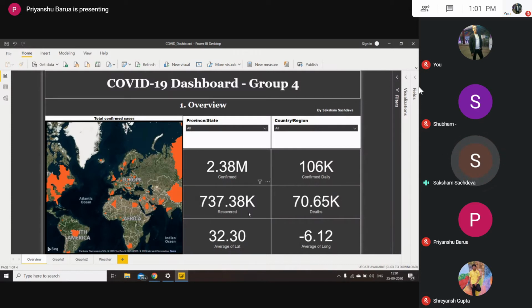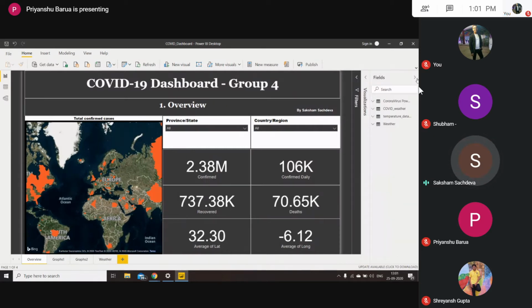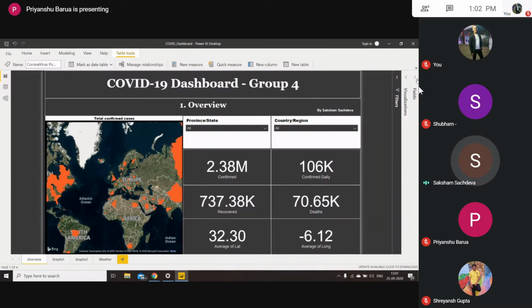The technology we are using in our dashboard is Power BI, which is a dynamic and powerful software that helps in visualizing and studying data in an easy and abstract way. The dataset we are using for COVID visualization is from Johns Hopkins University. The data was in crude format. We cleaned and arranged it according to our visualization needs.